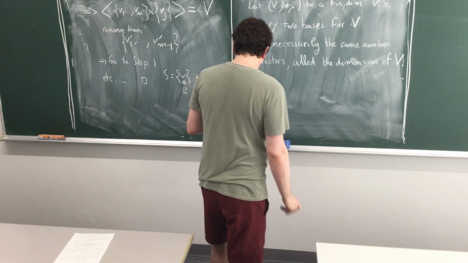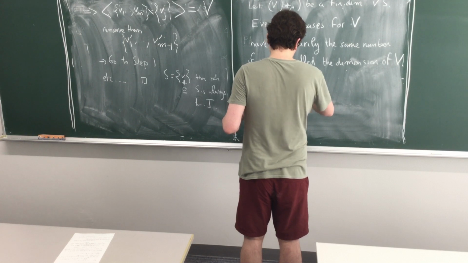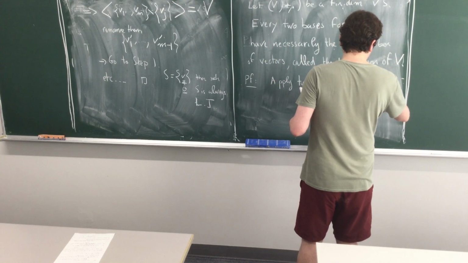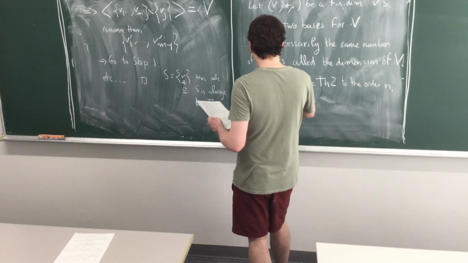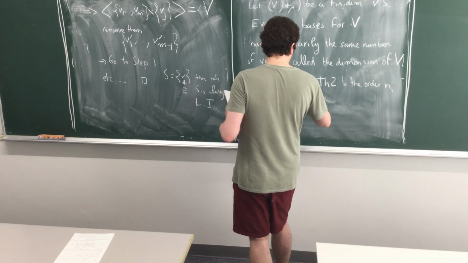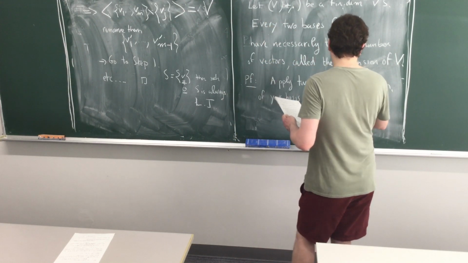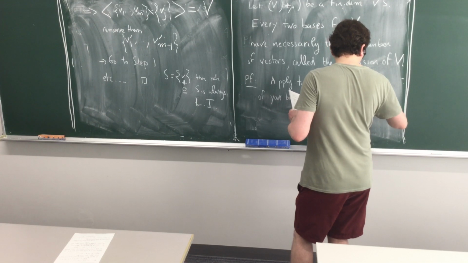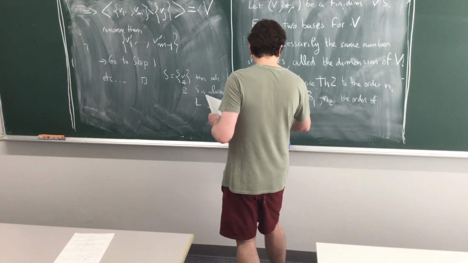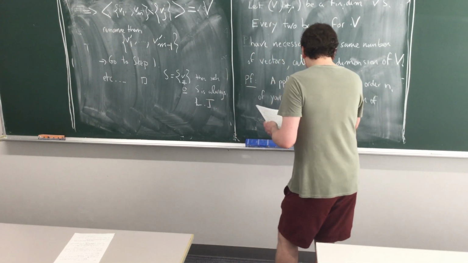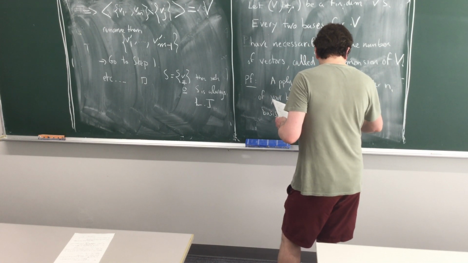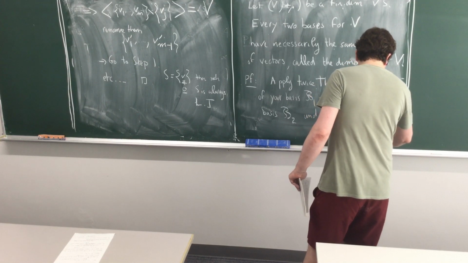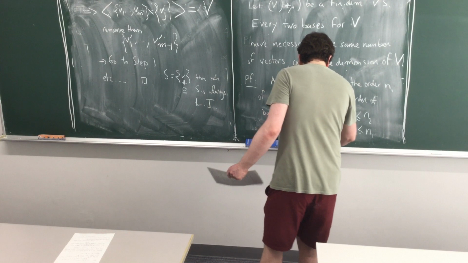The proof of that is very simple. You apply theorem 2 twice, to the order n1 of your basis B1 and n2, the order of basis B2, and you get necessarily the conditions that n1 will be less than n2 and n2 will be less than n1, so that n1 must be equal to n2.